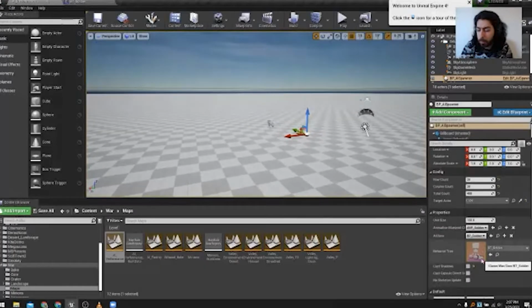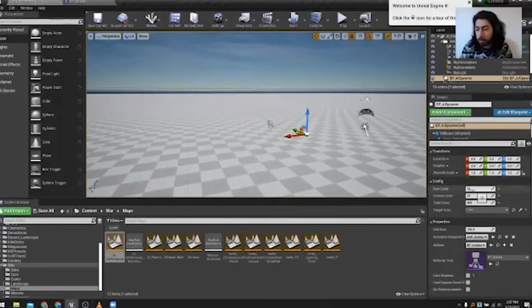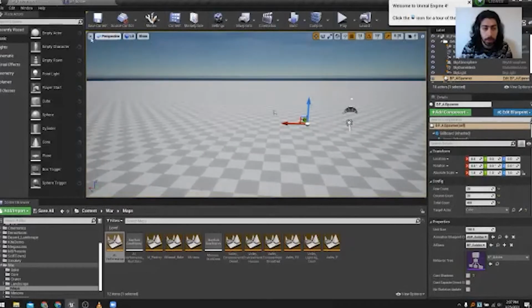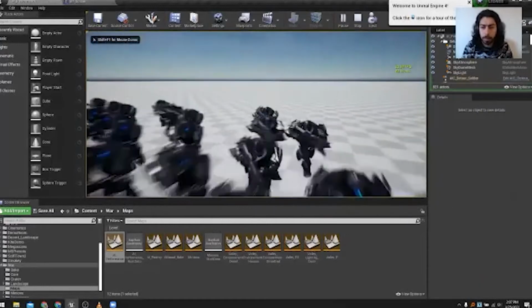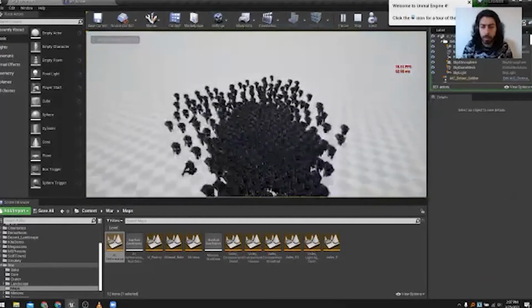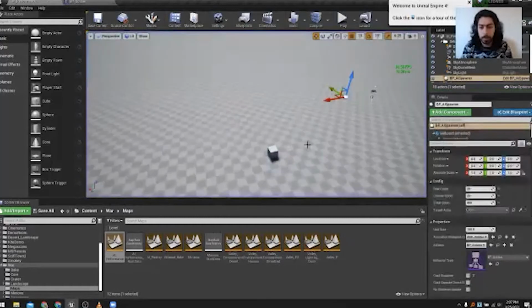Basically I'm going to tell it to spawn 20 by 20 AIs. So this is basically 400 AIs. If I show the frame rate, right now it is at 70, 80, 90, something. If I hit Alt play, okay, let me reduce the number.